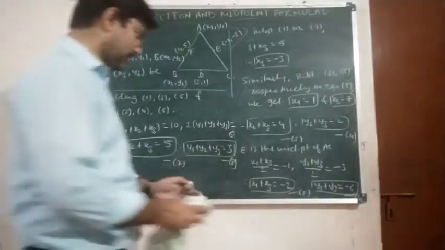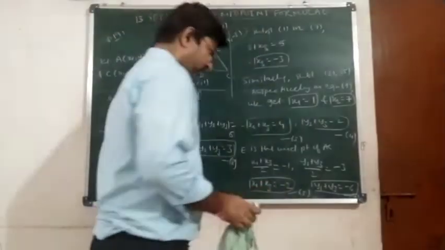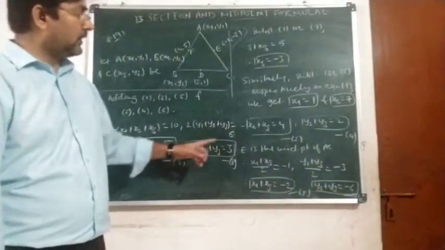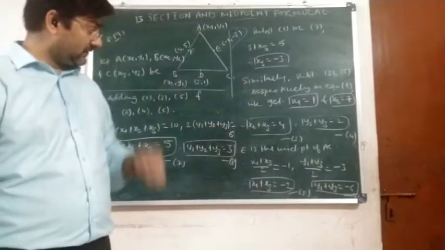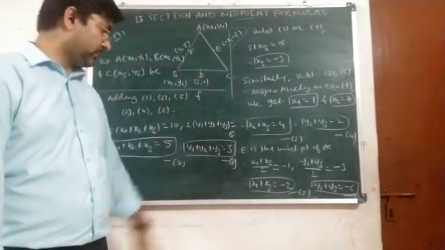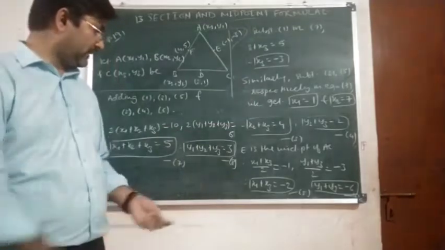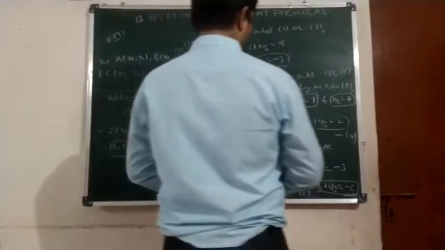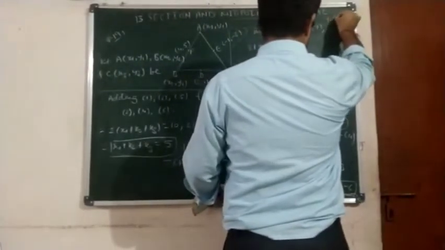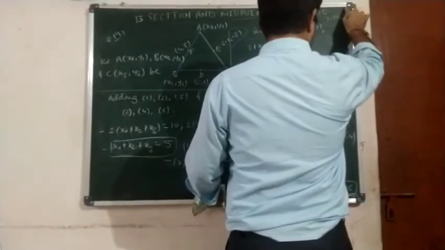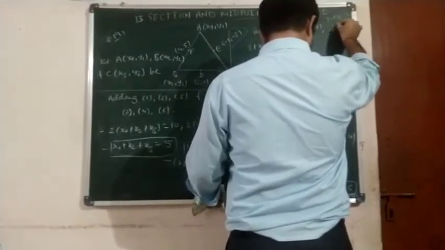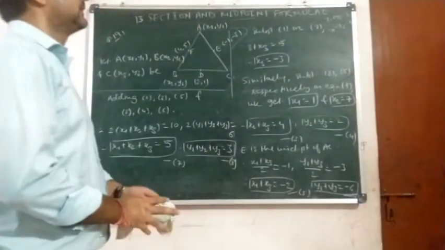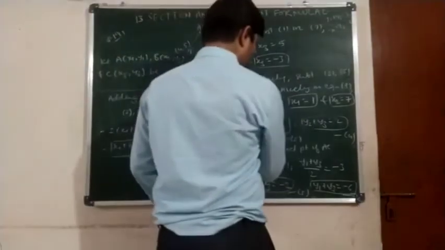Yes or no? Now similarly, substituting equations 2, 4 and 6 in equation 8, we will get respectively the values of y3, y1 and y2. So let me write down. y2 plus y3 is 2, and y1 plus y3 is minus 6. We don't know what y1 plus y2 was, but that I will find out.